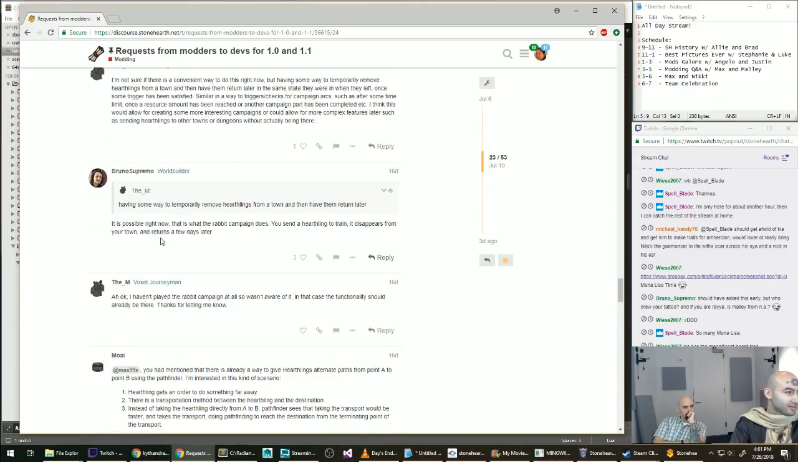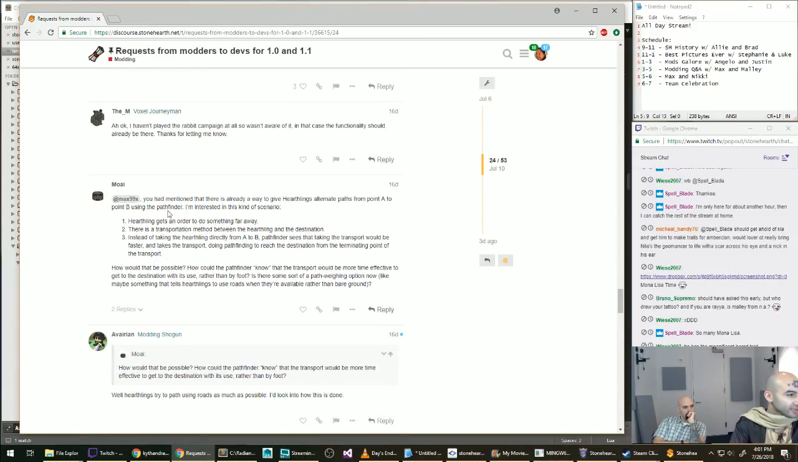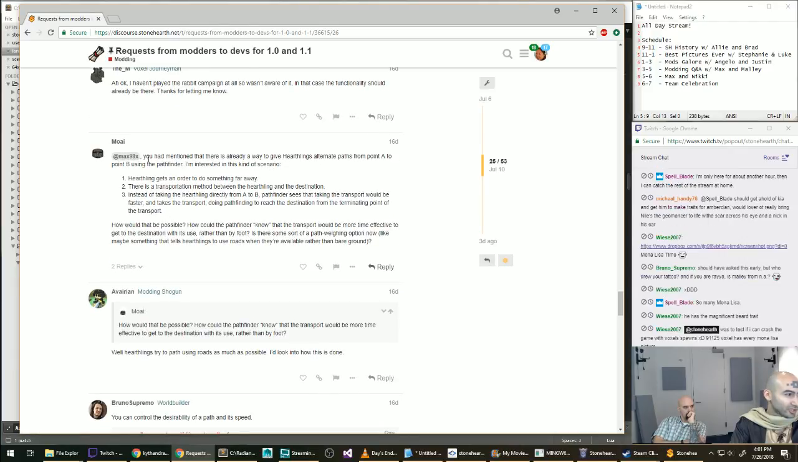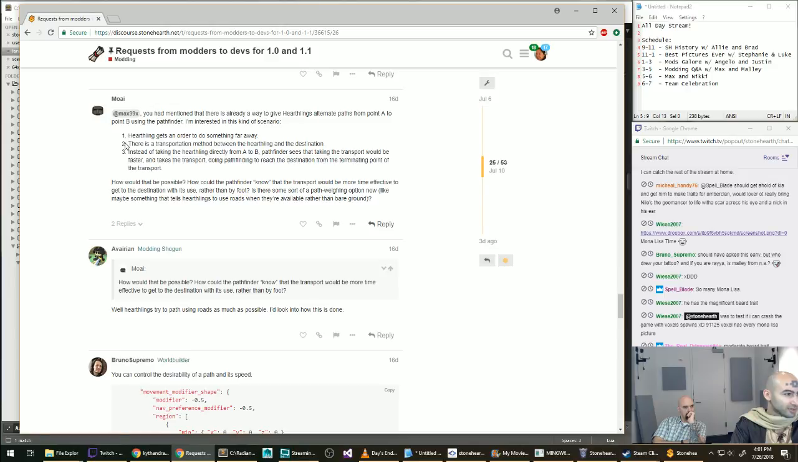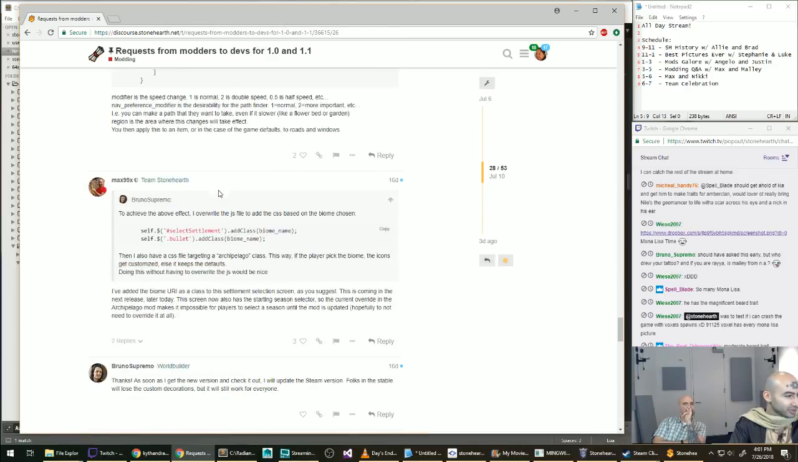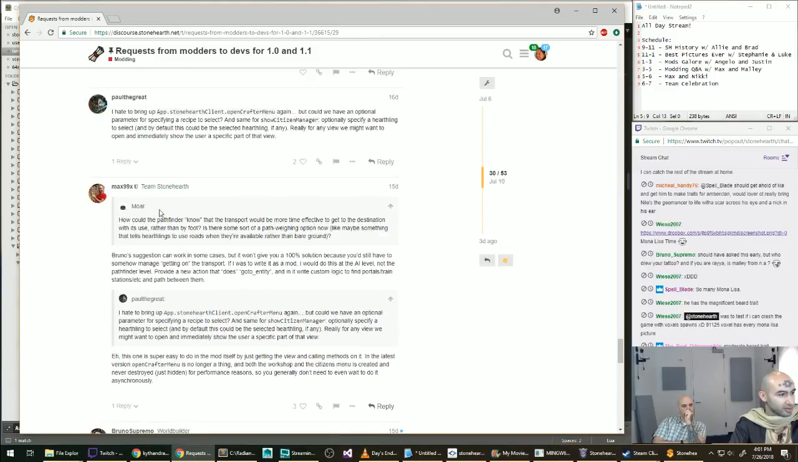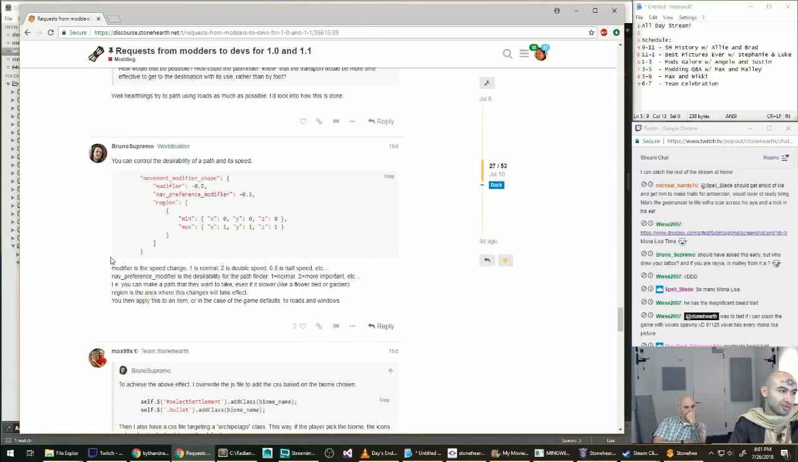Oh, and Bruno just said that you've mentioned that there is already a way to give Hearthlings alternate paths from point A. So this is about transportation. I believe I've answered this somewhere. Yes, I have answered this part. Basically, you'll need to write your own AI stuff to